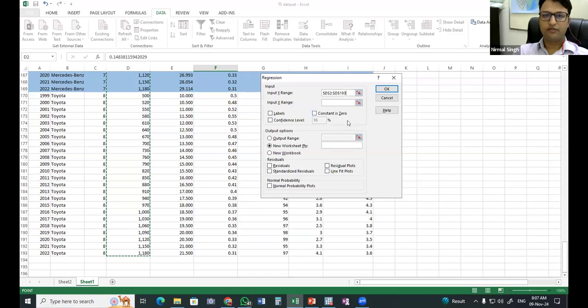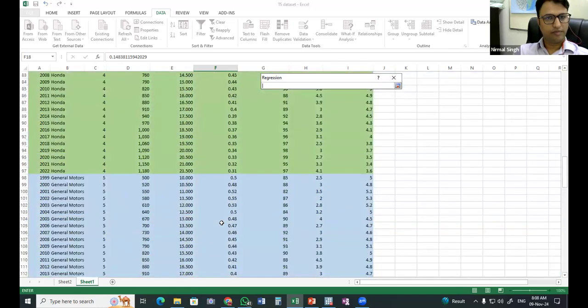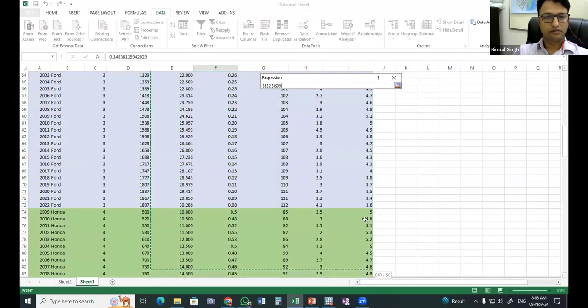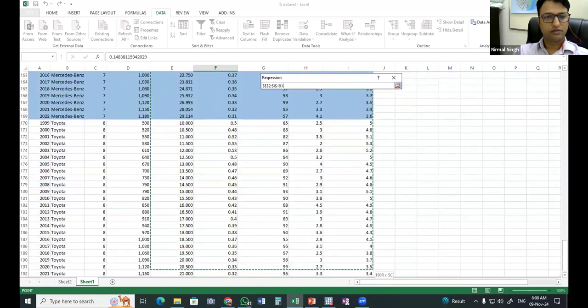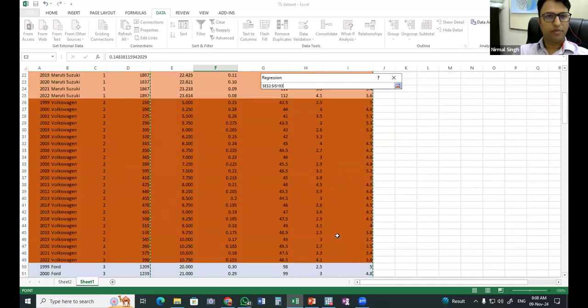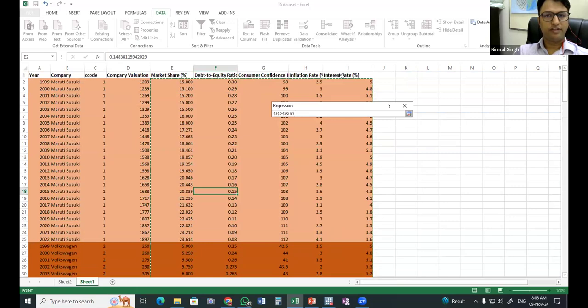Then it is asking for the Input X range. The X range means the independent variables which can impact the valuation of different companies. So I will select all the variables: market share, debt to equity, consumer confidence, inflation rate, interest rate.